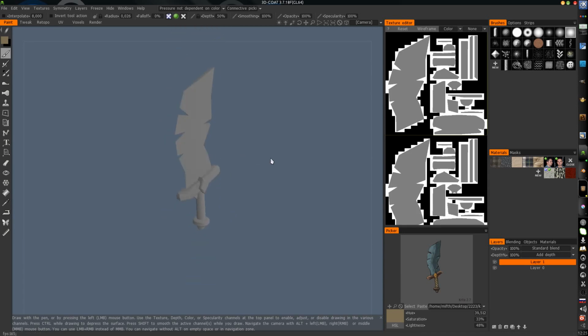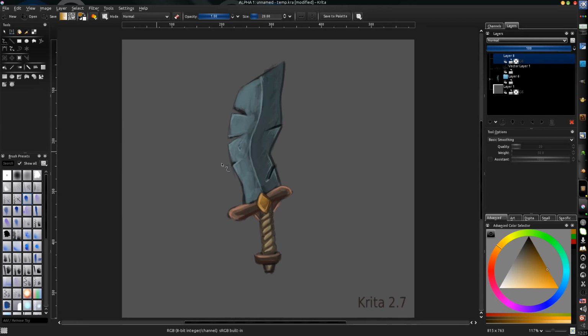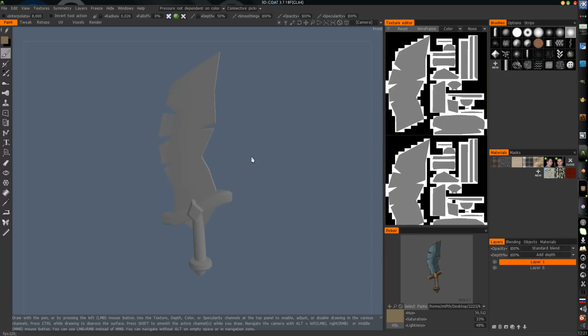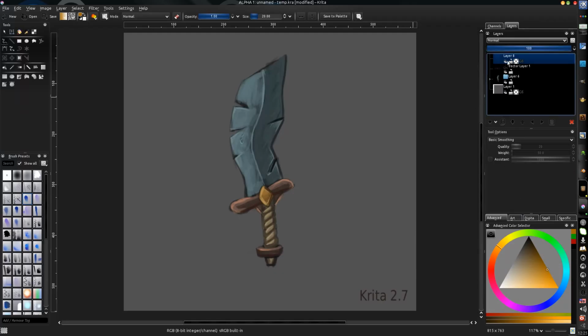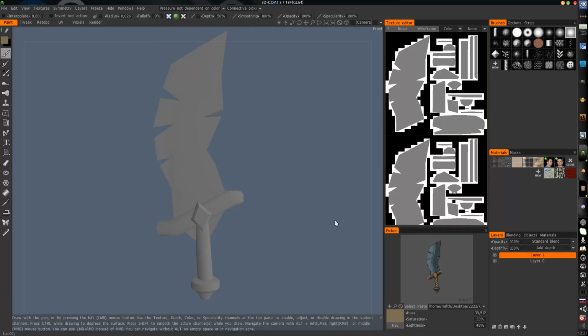Okay, now we have our 3D model. So you see, this is the sketch and this is the model. Okay, just a little introduction to 3DCoat. 3DCoat has layers, like Krita has these layers. You see, Krita has layers, and 3DCoat has layers too. For example,